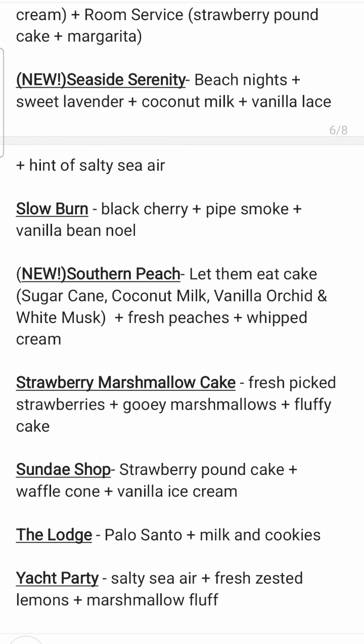So both of these, I think I'm gonna get 2 loaves of each just because they sound amazing to me, but maybe I'm being crazy. I don't know. I'm not ordering any wax again, but based off these 3 pre-orders that are going on, I'm not ordering any other wax until